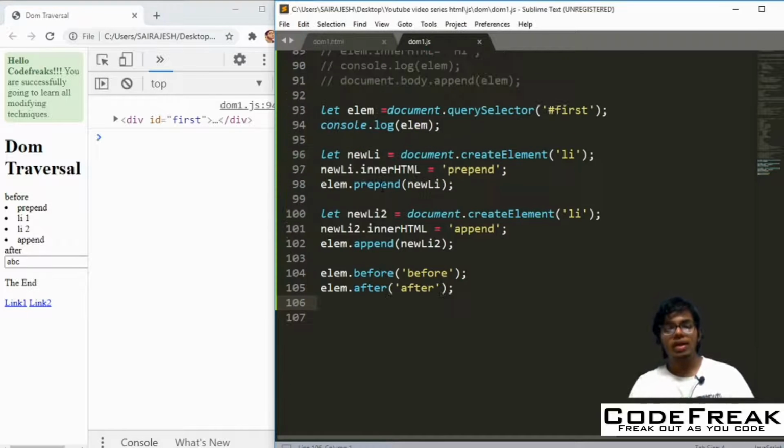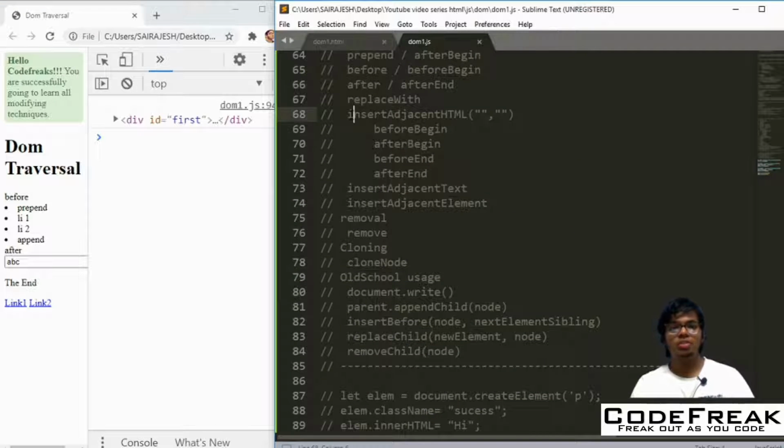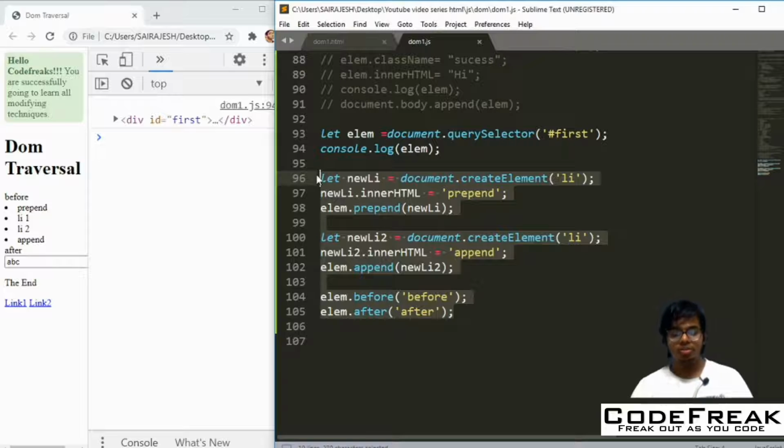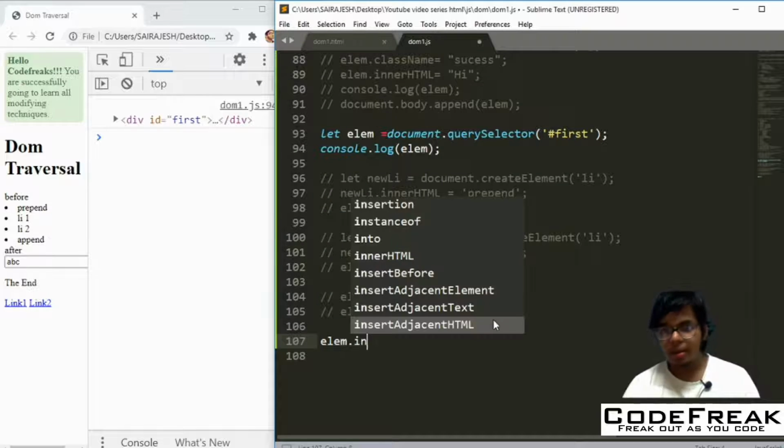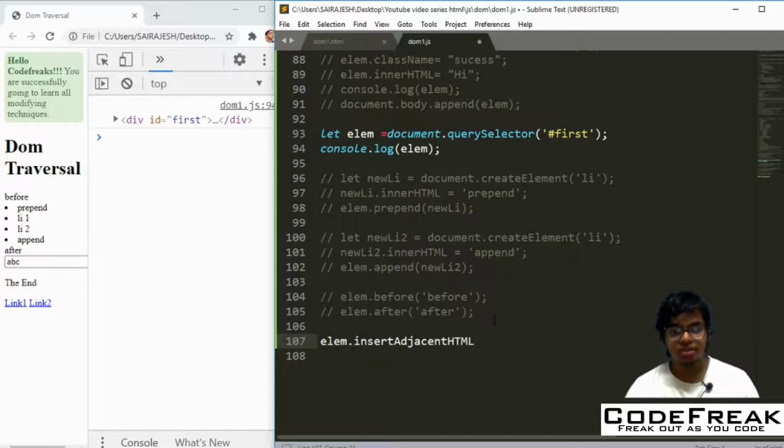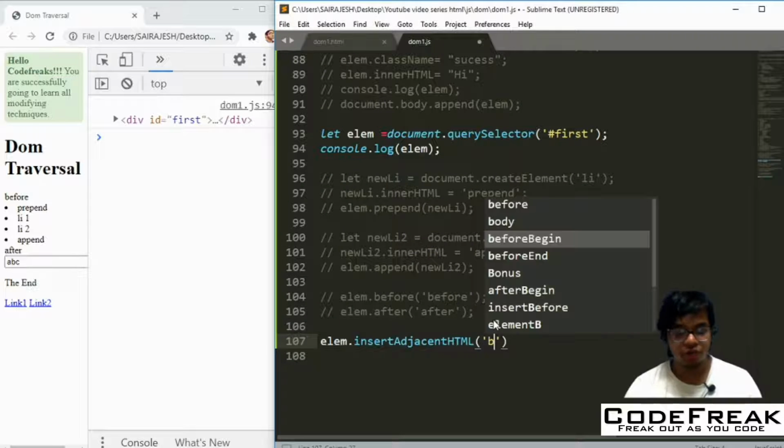Now if you look at other ways of inserting, you have something called insertAdjacentElement. So you can use beforebegin, afterbegin, beforeend and afterend. Let us look at all of them. You can use this for these two things also, insertAdjacentText and insertAdjacentHTML. So I'm just going to comment out this much part of it. So how do you do this? You have to again do lm dot, so let's use insertAdjacentHTML, and then first we'll use beforebegin.